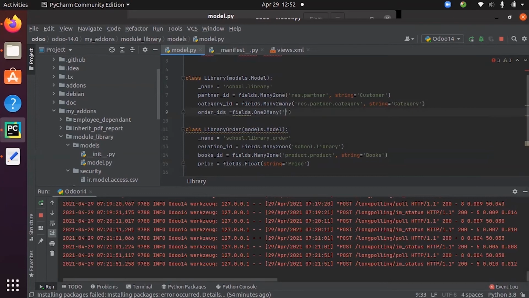Here I have to give the comodel as this model name, that is school.library.order. And here I have to provide the relational field name, that is this field.